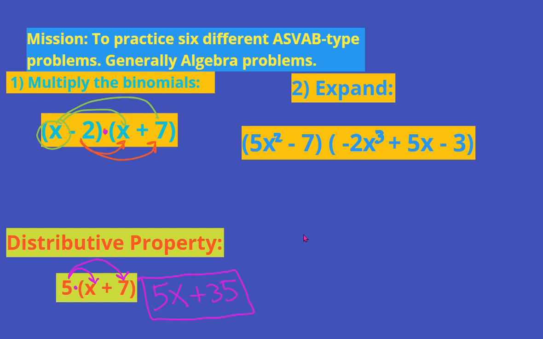Well, x times x, that's a little tricky. When we multiply x times x, we are doing a few things. First of all, we are multiplying the invisible coefficients in front times each other. We don't talk about it because 1 times 1 is 1. But we also have to remember that when x is just sitting there, it has an invisible exponent of 1. And when you multiply variables, if you multiply x times x, or any of the same variable multiplied together,